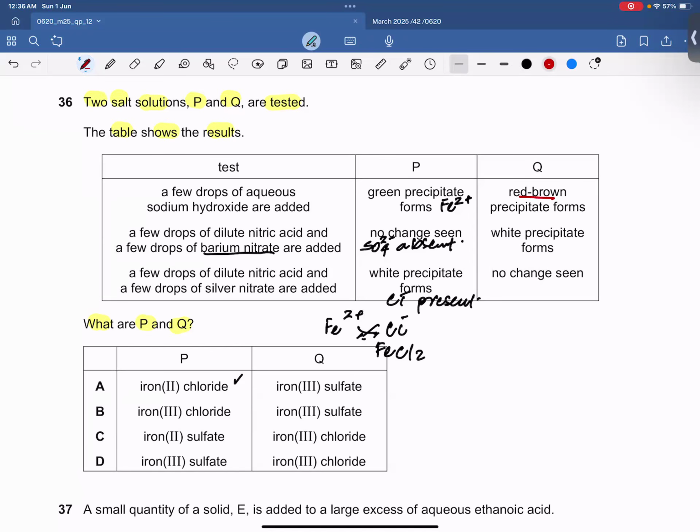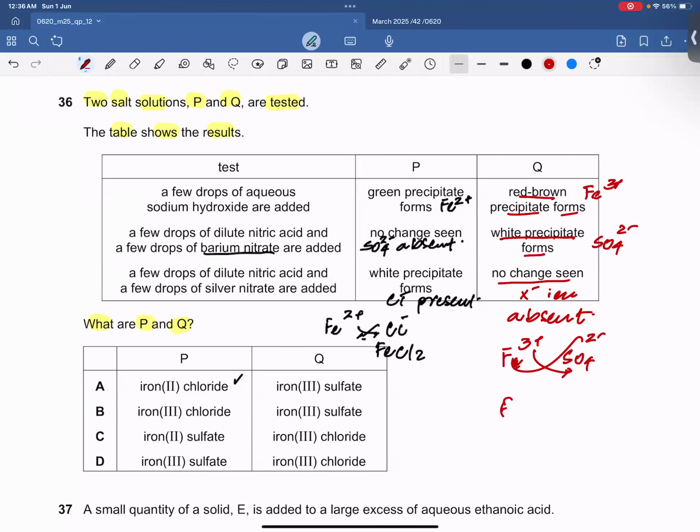Red-brown precipitates form, that indicates Fe3+. White precipitates form when we add barium nitrate, that indicates sulfate ions. No change is seen, halide ions absent. I mean to say chloride, bromide, iodide absent. Now we have Fe3+, we have sulfate ions. Since charges are different, they will cross multiply with each other. And you will get